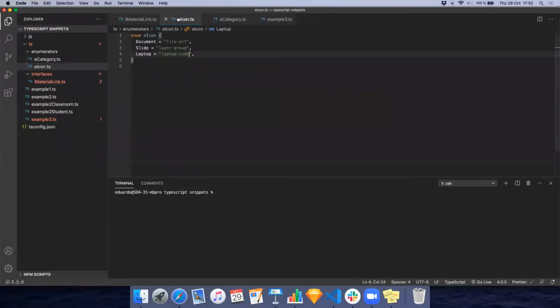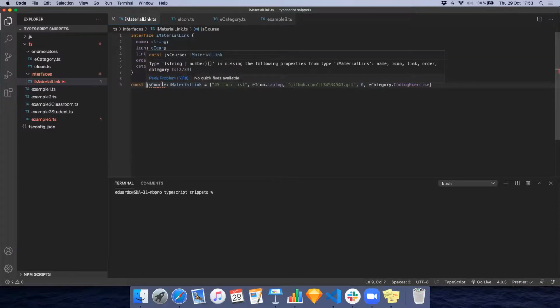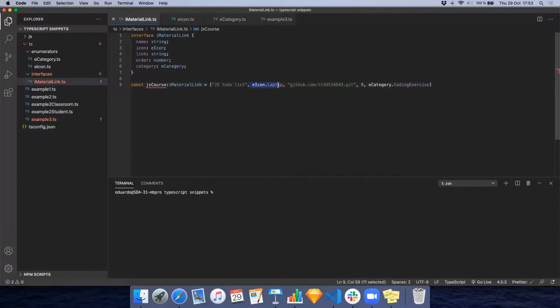I save it here, and now I probably have the laptop, and this one will be an icon, and there you go. This will be actually the stuff that TypeScript will put for you. And congratulations, you have a new element. I need to put a constant. This exercise is not complete. That's the reason that it's not working. This one is missing three numbers, the properties, immaterial link, blah, blah, blah. So this one is incomplete, but even if the exercise is incomplete, you can start seeing the advantage of